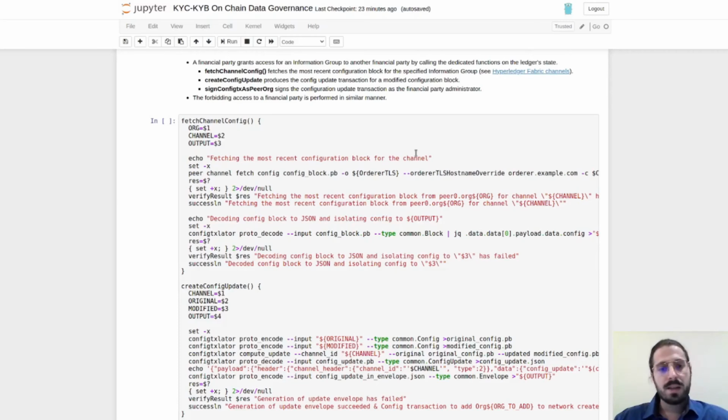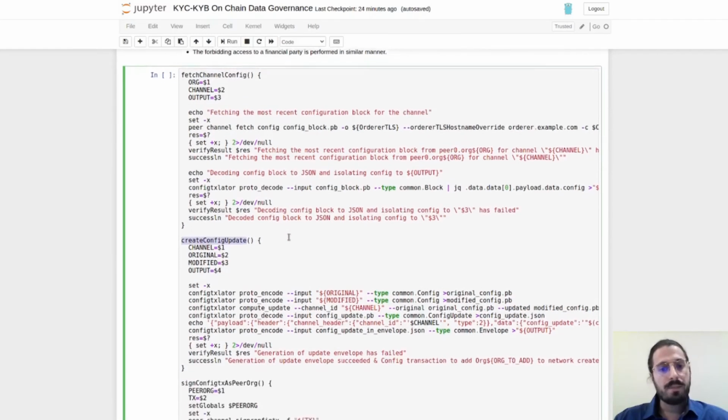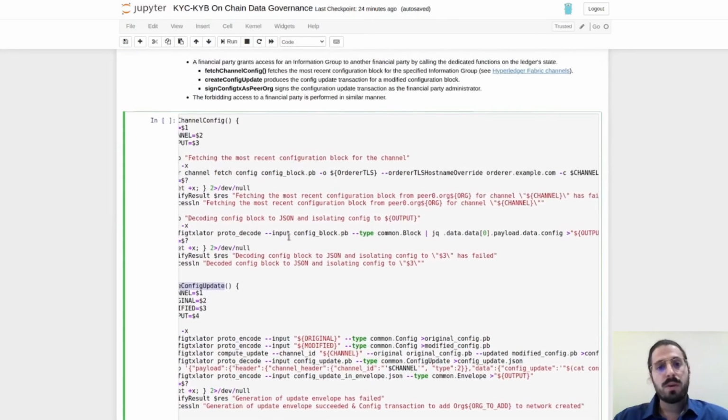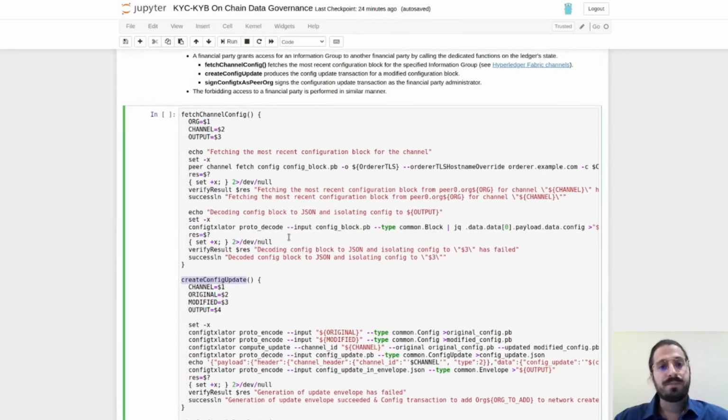The data is retrieved. So in order to grant access, the create config update is used, and a new transaction is prepared in order to add or remove access from a financial party to another one.